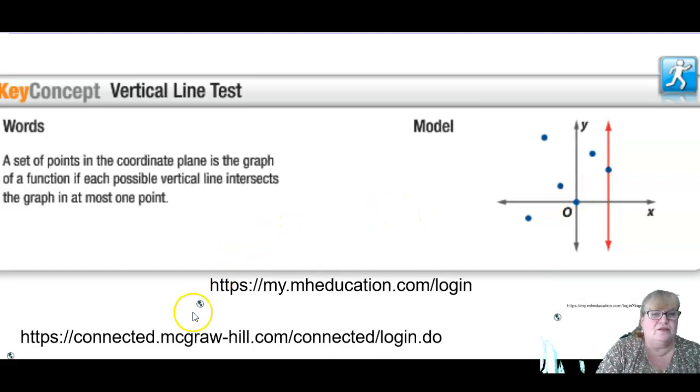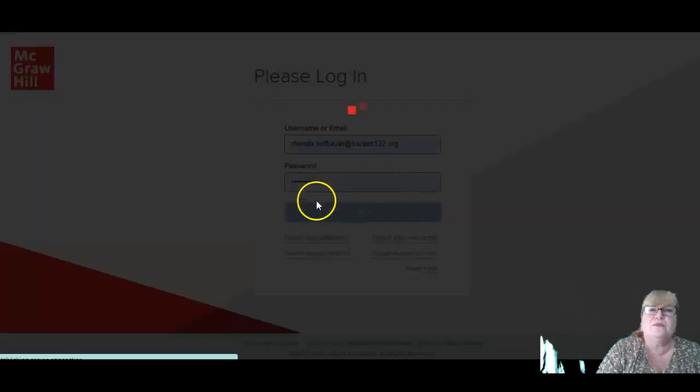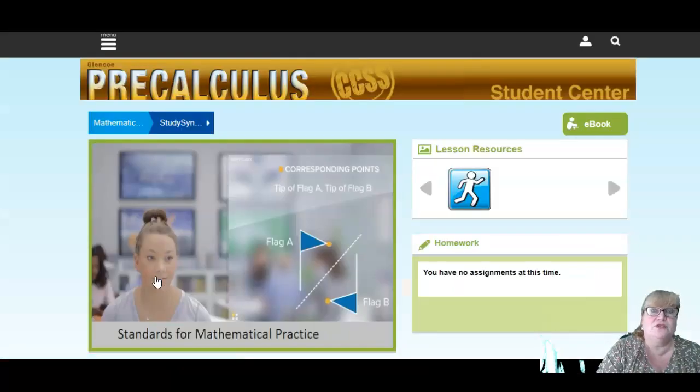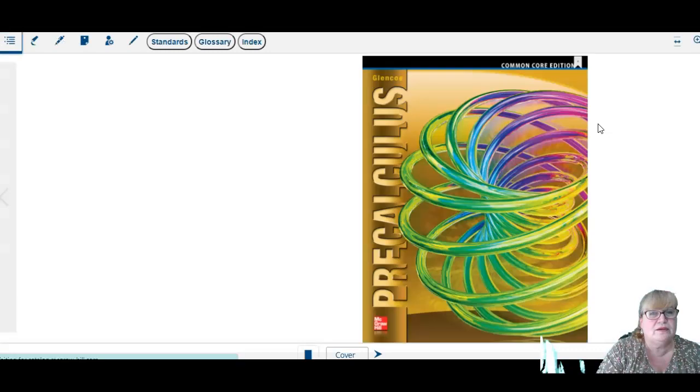Now, this is a little sidetrack here to the book. You will go into create an account following the Google Classroom notes about how to do that. When you get there, you will only have the student edition, and then you're going to click on ebook up here, okay? But I'm going to go back